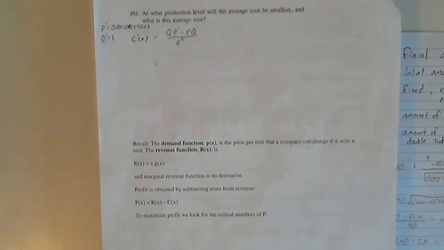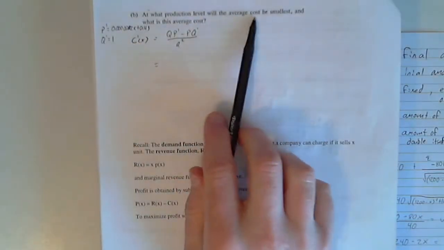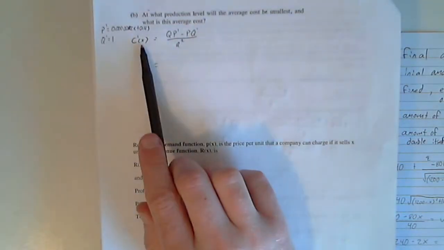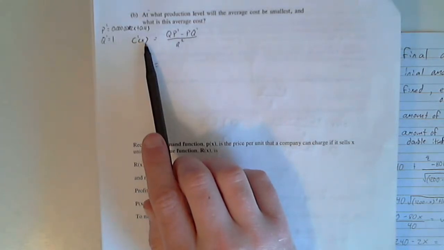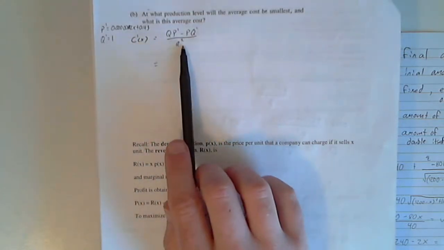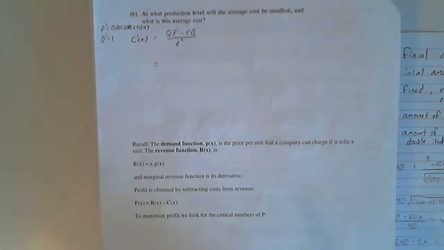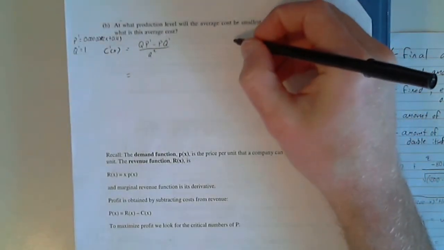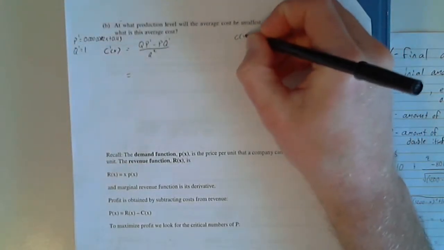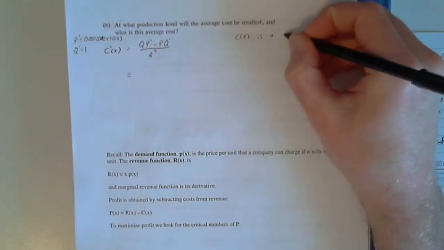At what level will the average cost be smallest? And what is this average cost? So we're trying to find when little c, the average cost, is the smallest. So we're looking for when little c is a minimum, so we're looking for little c prime's critical points. Now you could calculate little c prime again, you could use the formula, but we're going to actually jump right to that red box formula that we have, which is c of x is a min